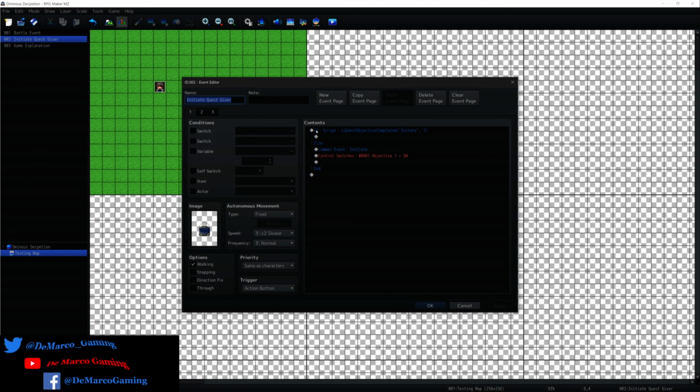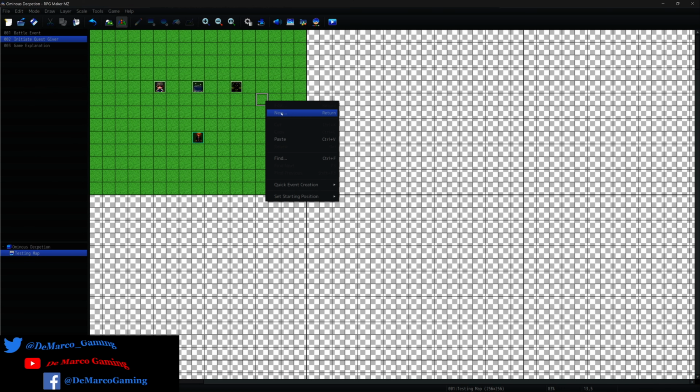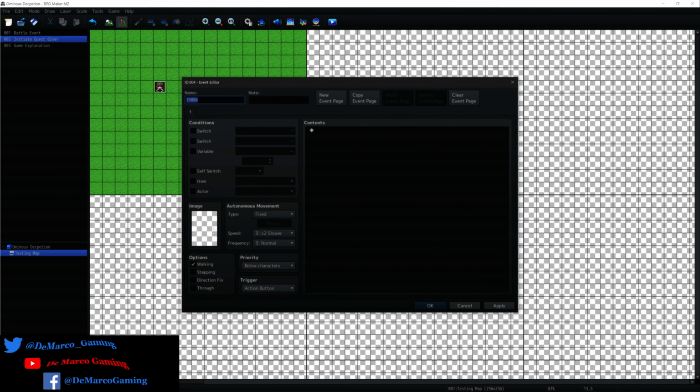If the quest objective initiate, which is my initial quest, is completed on number 3, then nothing happens. However, if this is not true, then it runs this right here, which enters the common event initiate. So in this case, I'll show you this from the beginning: you'll go to new, you'll go to your event, and then here,